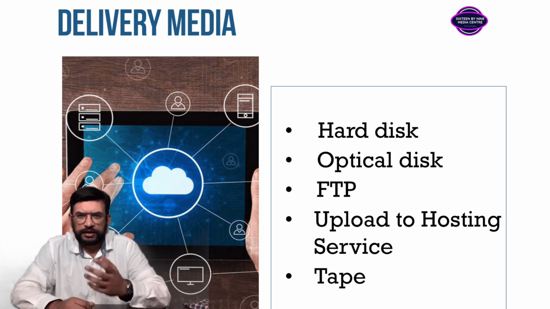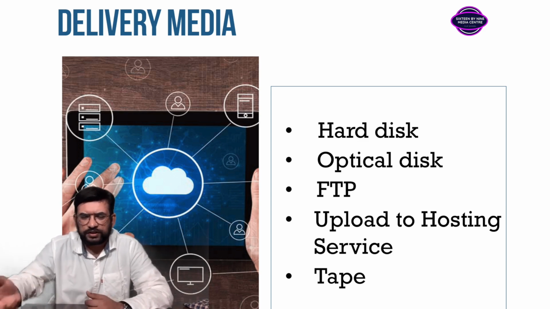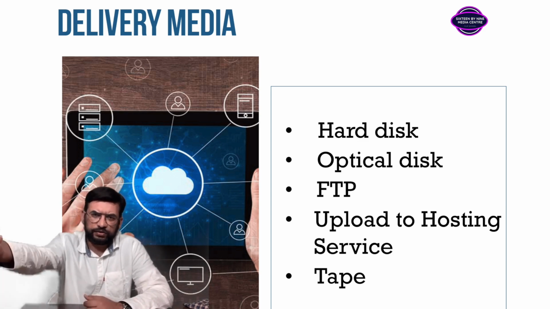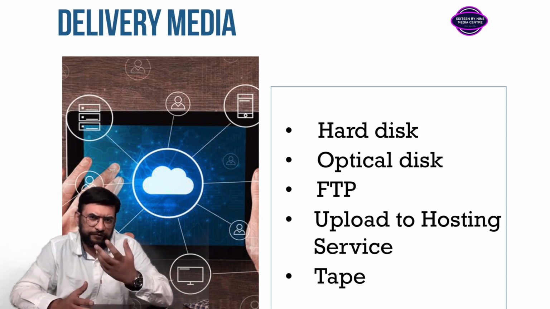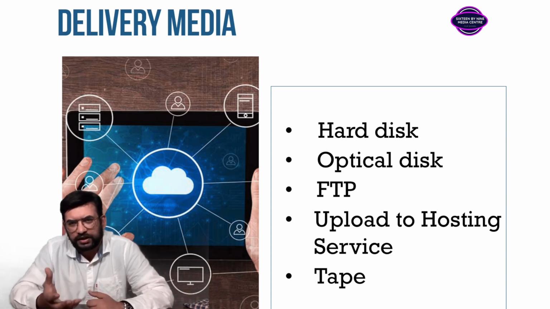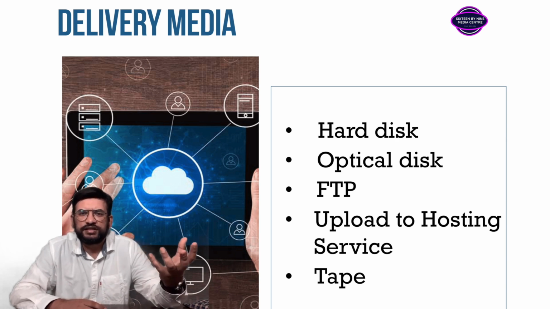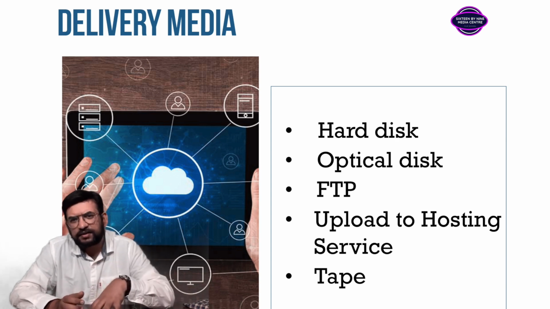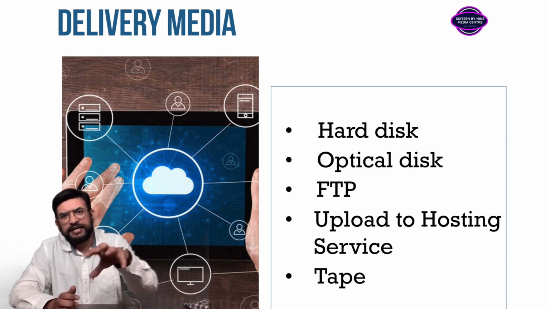Number one is you can deliver in a hard disk. We have in class 5, we know what is a hard disk. You just, the pen drive or a hard disk, you deliver them in a hard disk. The second way is an optical disk. Optical discs are, I don't know whether you have seen a Blu-ray disc? Okay, you have heard about it maybe, but a Blu-ray disc is an optical disc, which is, again, these things are for archival purposes mostly, not for playback, and for file delivery.